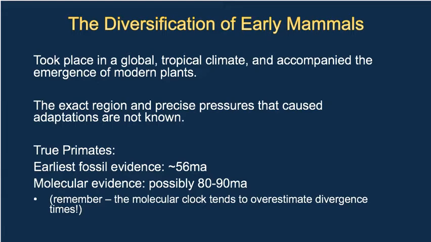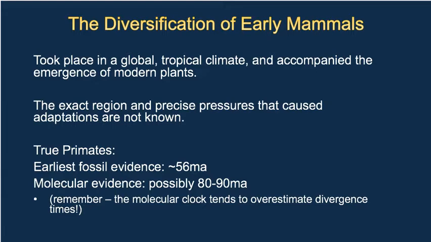So one of the groups that appears during this time period are the primates. The primates are a subcategory within mammals that appear and begin to diversify as well. The exact origins of the earliest primates are unknown, but we do know that after the mass extinction of these large reptiles, mammals are undergoing an adaptive radiation, and primates are one of these groups that emerges, as I said before. Globally, from a climate standpoint, the environment at the time was tropical in a lot of parts of the world. Where we see the earliest evidence of primate evolution is in tropical environments.